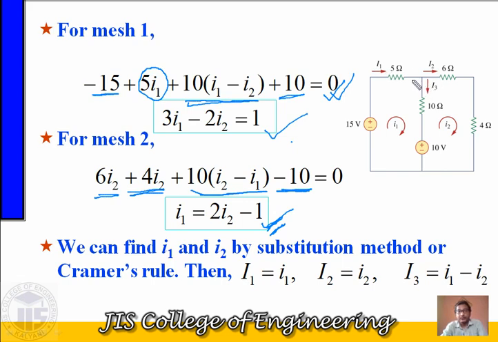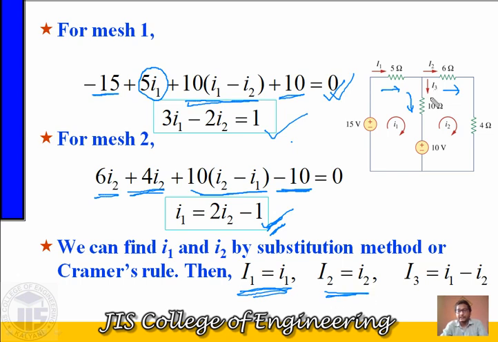Now what is the current I1? Capital I1 branch current means the current flowing through this 5 ohm resistance. Which mesh current is flowing through this 5 ohm resistance? That is only small I1, and the direction is also the same, because the I1 current is also flowing in this direction. So capital I1 is equal to small I1. Similarly, the I2 current is flowing left to right through this 6 ohm resistance, and the small I2 mesh current is also in this direction. So they are in the same direction, so capital I2 is equal to small I2.